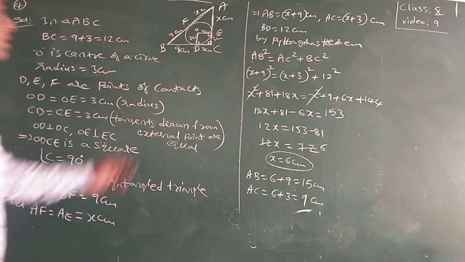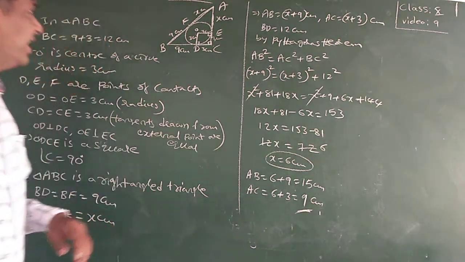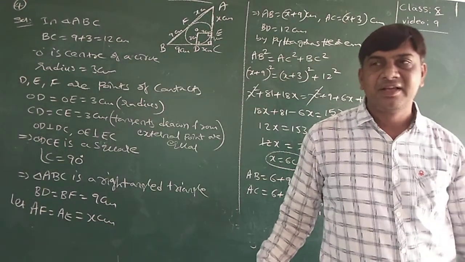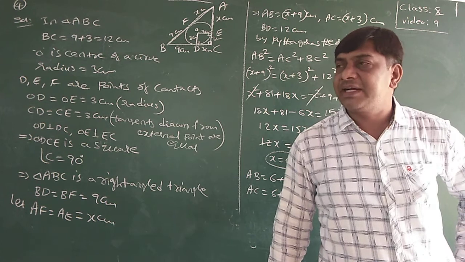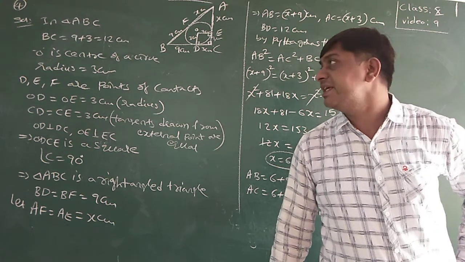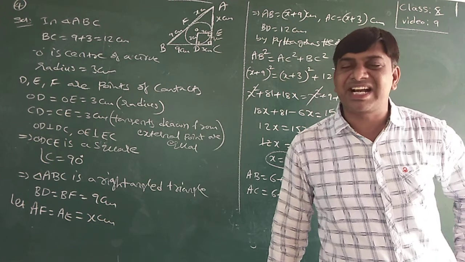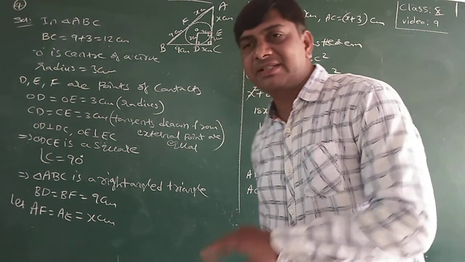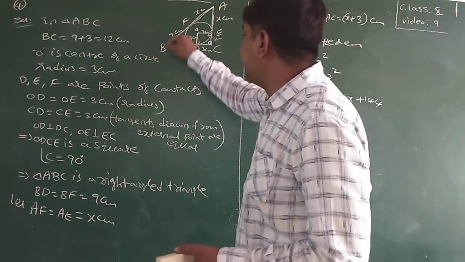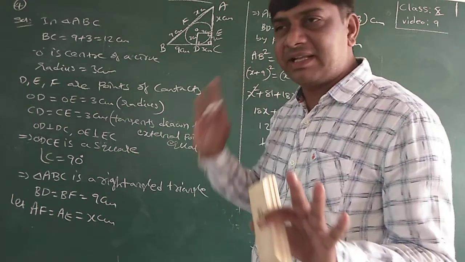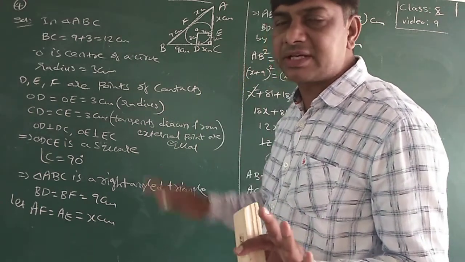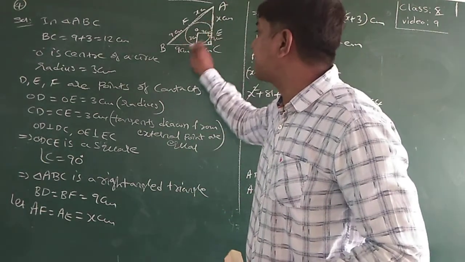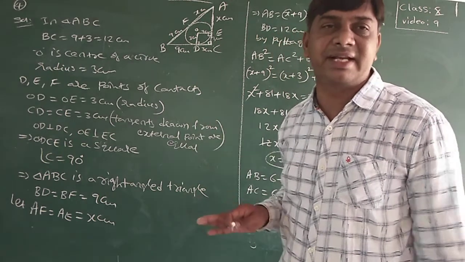And see here, in this one, exercise 9.2, triangle ABC is circumscribed by a circle whose radius is 3 centimeters. D is a point of contact such that BD and DC are 9 centimeters and 3 centimeters respectively. Then find the lengths of AB and AC. That was the question. So in triangle ABC, I don't know what type of triangle it is, whether acute angled, isosceles, right angled, or equilateral. Only that this triangle is circumscribed by a circle of radius 3 centimeters.